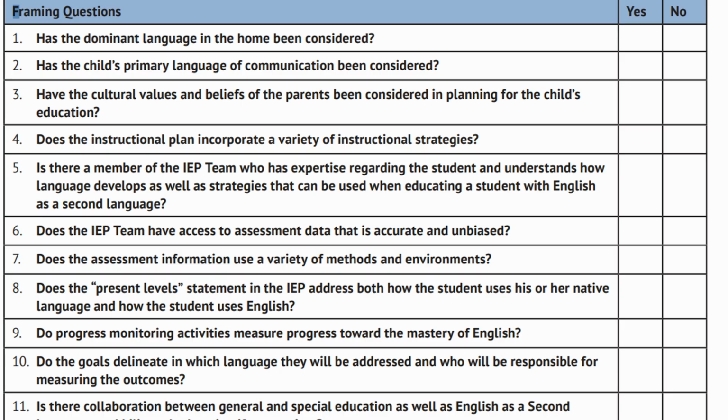Is there a member of the IEP team who has expertise regarding the student and understands how language develops, as well as strategies that can be used when educating a student with English as a second language? This could be evidenced by the participation of the bilingual education teacher at the IEP team meeting. The state of Illinois offers